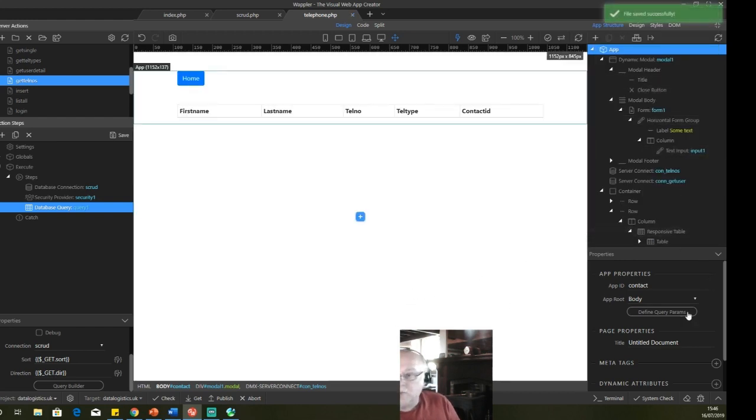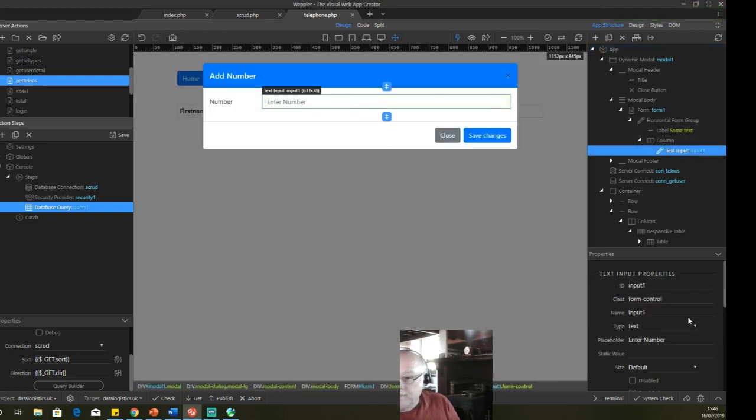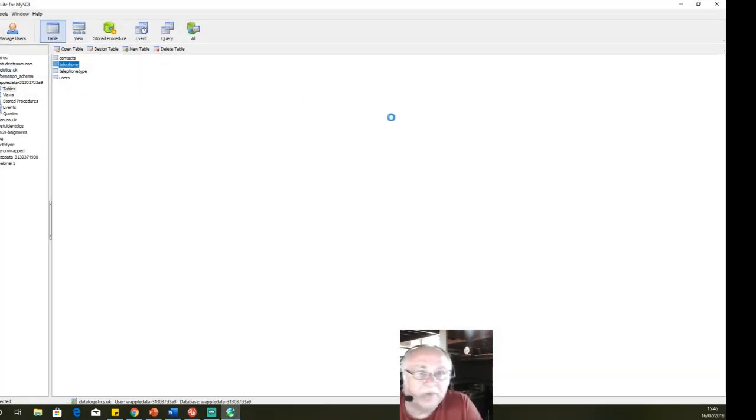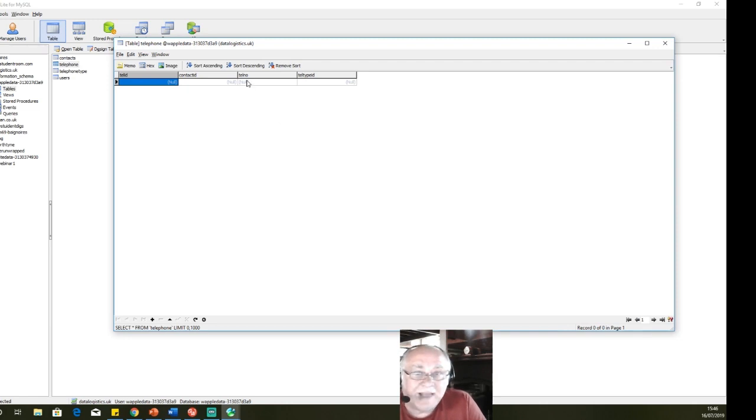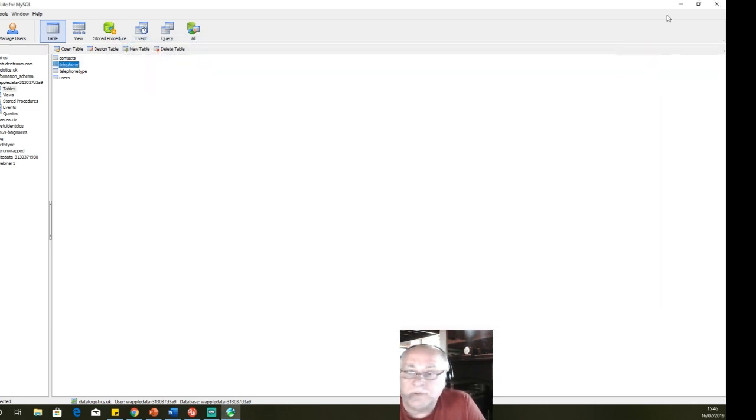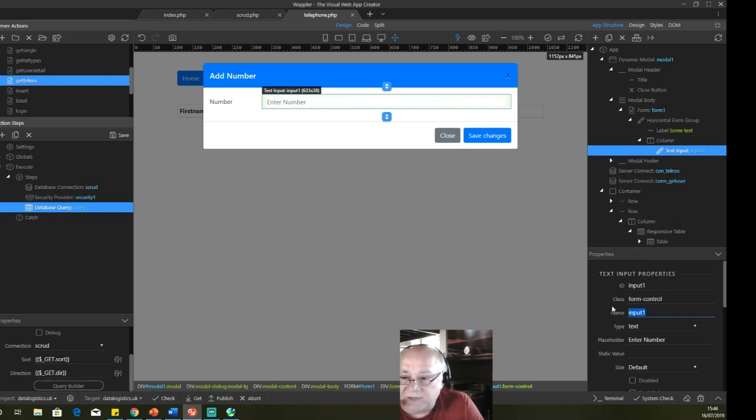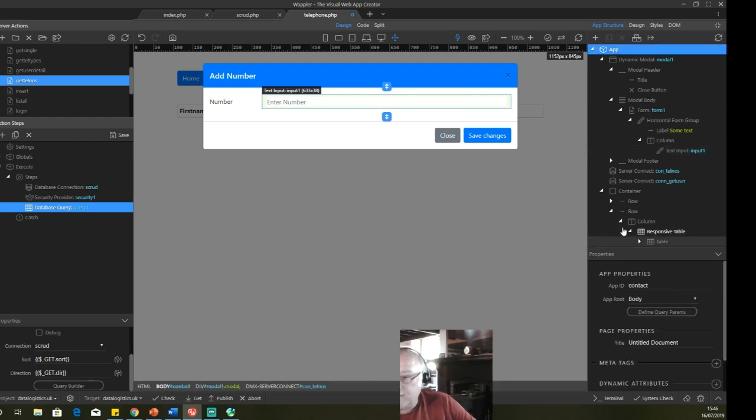And we need to make sure that that field matches the name of the field that we've got in our database. So let's just double check that. I like to do things visually. Telno is where the telephone number is going to go. So let's just match that because it makes life so much easier if you do this. Give that field the name tel number. So that's fine, we can insert the telephone number, but what we don't have is the difference between, what's the